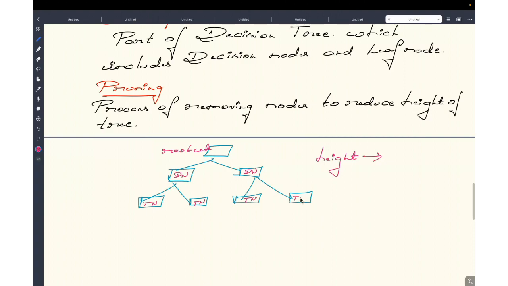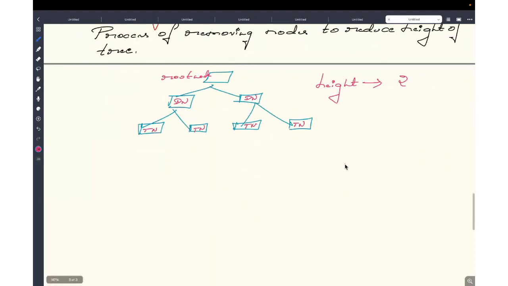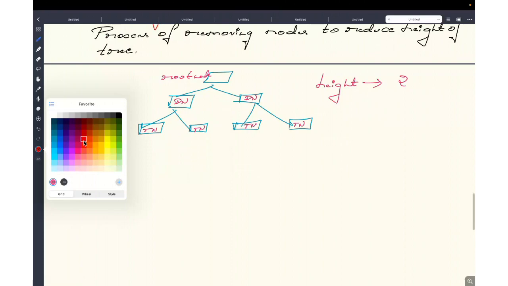What is the height of this tree? How many levels do you have? Two levels. Yes, because the root is not considered in order to measure the height of a tree. Even when we measure a normal tree, we don't consider the root; we just measure above the root, since the root is inside the earth. Same concept, so the height of this tree is just two. Hope you got it. These are the basic terminologies that you have to remember related to decision trees, for interview perspective.